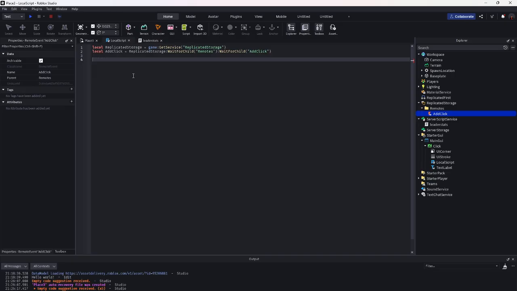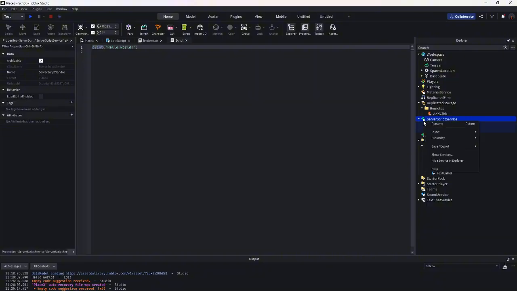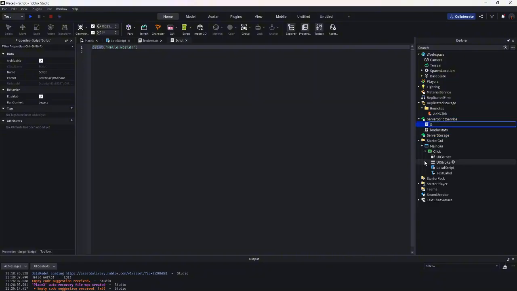So now we can do root.parent dot mouse button one click connect function, then boom, add click fire server. And now we can just make serve the events, server event handle that, and then go add click equals,